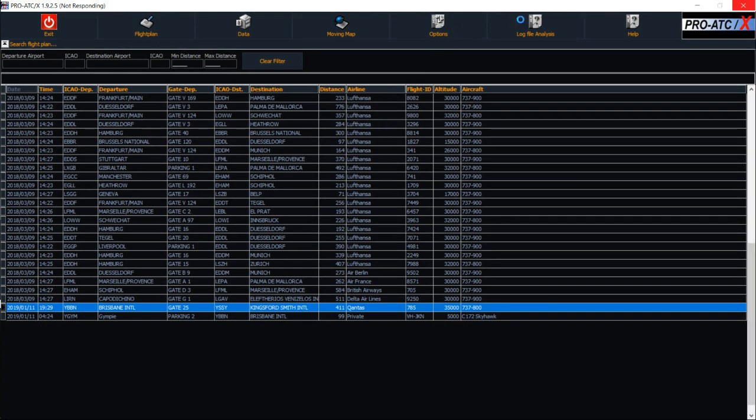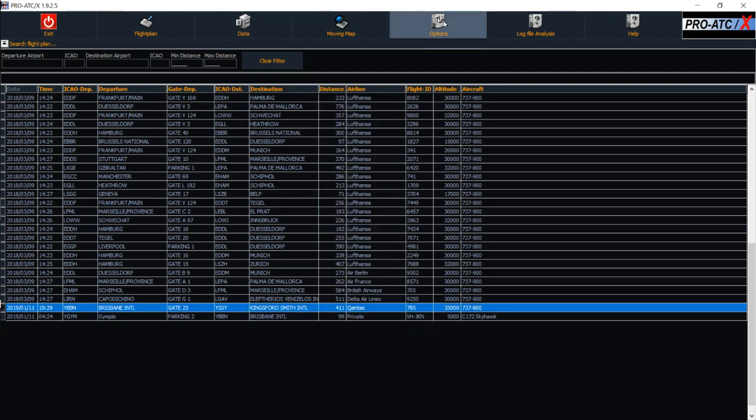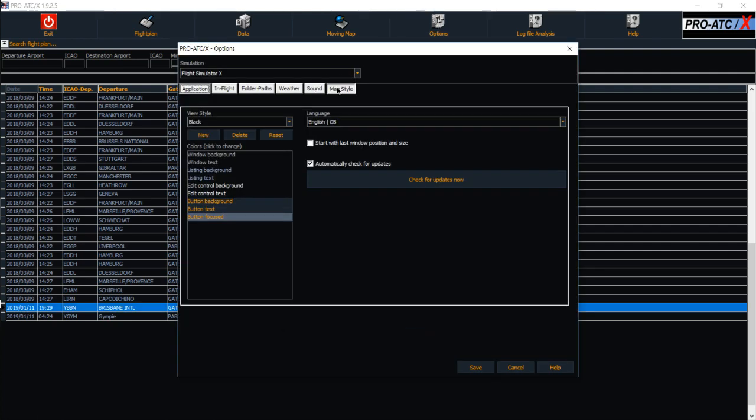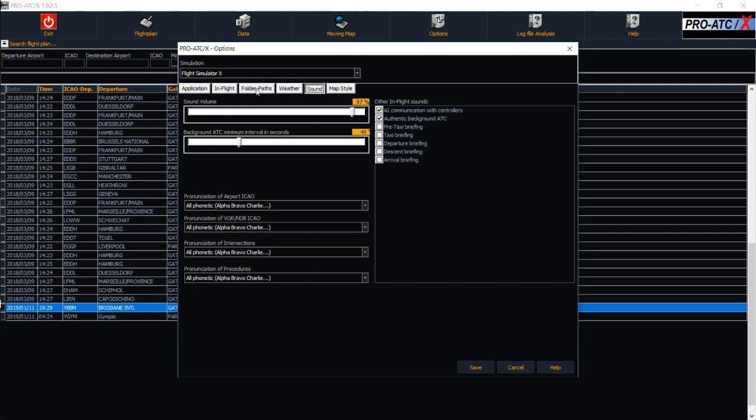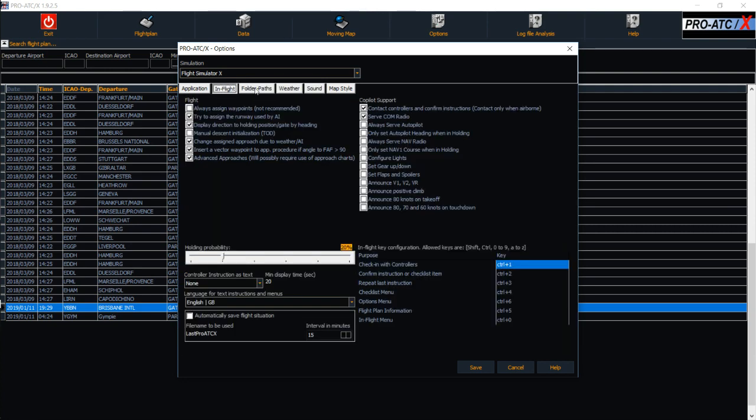What I probably should do before we do that, go to options, make sure I have all the key bindings set up, ready to go. In-flight paths, there we go. So in-flight, so control 1 to control 0. I'm actually going to put that in-flight menu to control 6. Checking with controllers, in-flight menu, might probably put that to control 2,